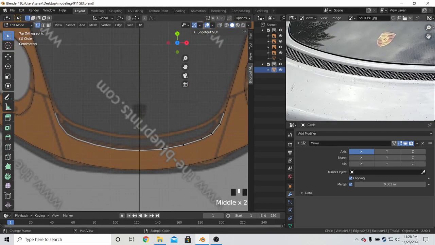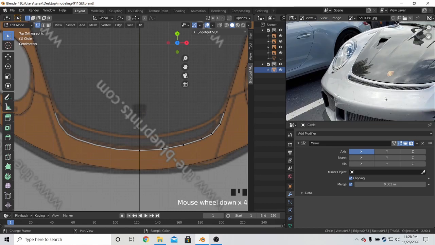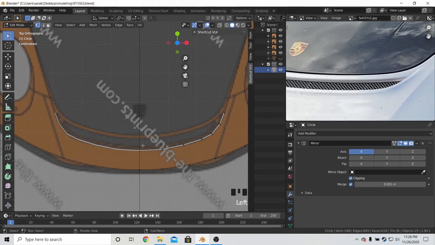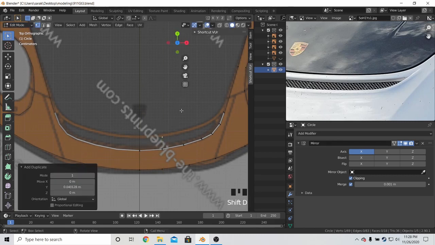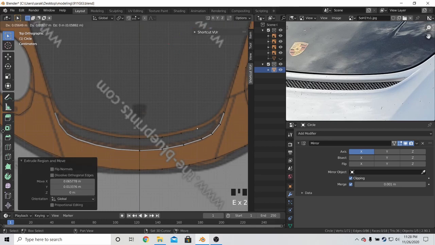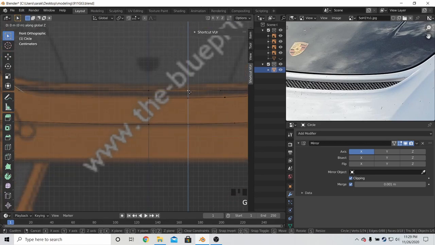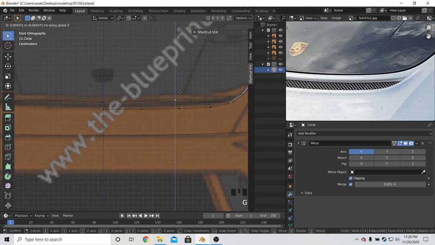Just laughing to myself because I thought the GT3 would be pretty similar, but it's actually quite different from the GT2. So yeah, we're gonna bring that vertice back, so we don't have to worry about disabling clipping. And we're going to make it so it matches the amount of vertices that's on the front. And in our front view, we'll see that it needs to come up to about that point. And we're just gonna bring the rest of it up